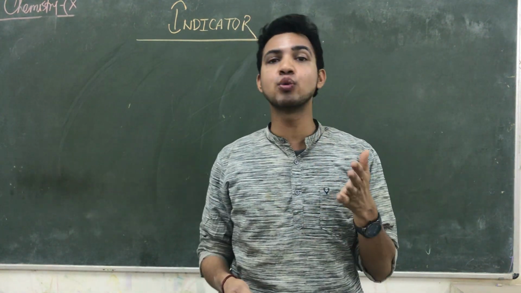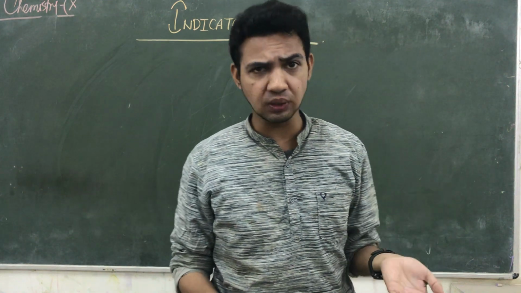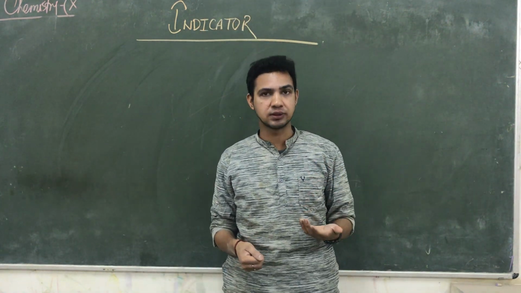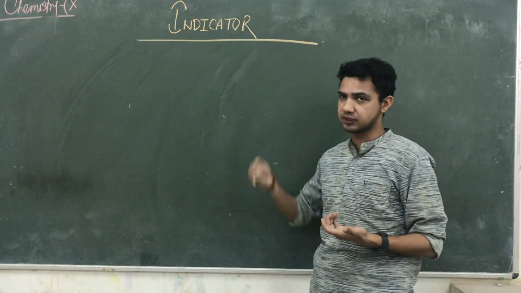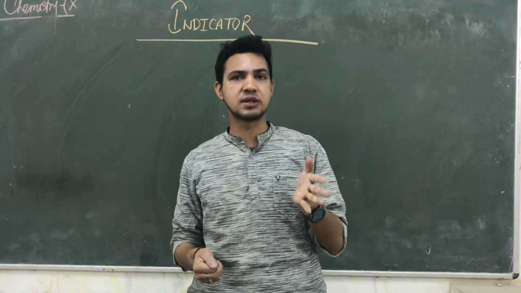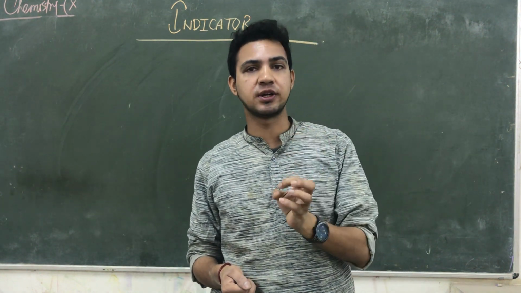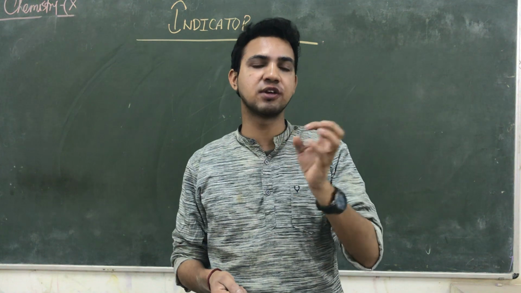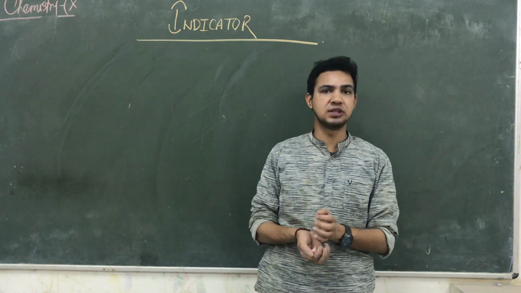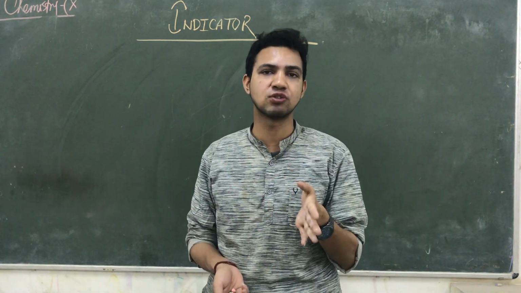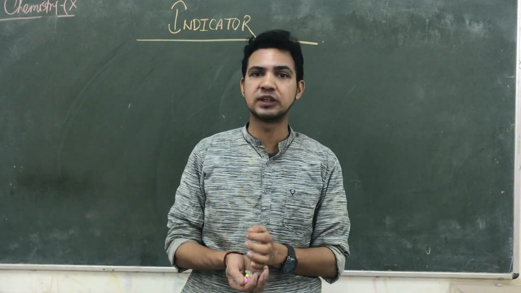These indicators help you identify which substance is acidic, which is a base and which is neutral, by changing color. So indicator means changing its color. How are we going to define the indicator? Indicators are those chemical substances which, when we add them to any chemical, change their color, and by their color change we say whether the given compound is an acid or a base. These help detect the presence of acid, base or type of salts. The whole reaction takes place by changing color.